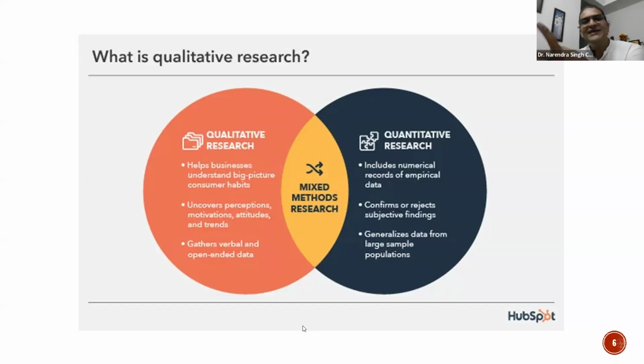AI can give you initial patterns, right? But ultimately the decision has to be yours, what you want to integrate in your research, which themes you would like to integrate and which you don't. That is the most important part. Ultimately the researcher's decision will be final. You cannot completely rely on AI.